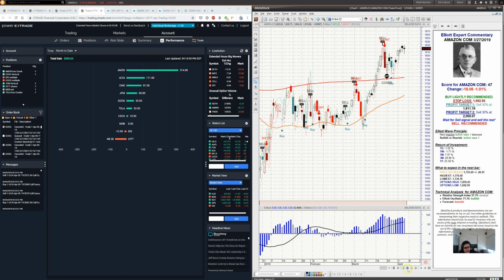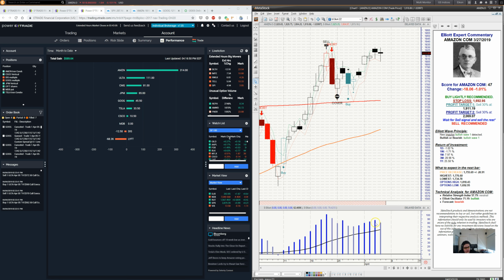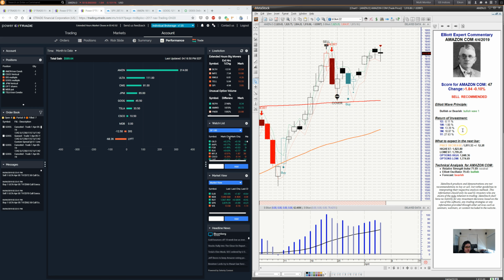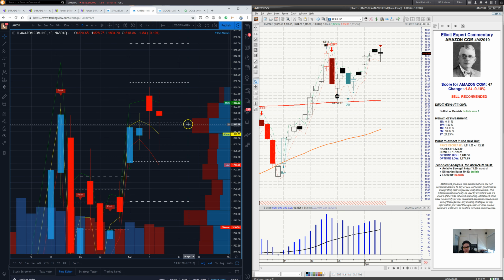We're going to see how the Elliott oscillator is decreasing, and if we check the MetaStock expert advisor, we can see that Amazon right now is in a bear wave. I might say it's actually a bullish wave, but the expert advisor is recommending us to sell. The forecast is a decrease. It could decrease up to 12. I believe Amazon is going to close around here,